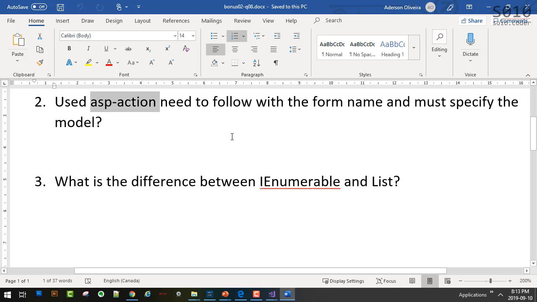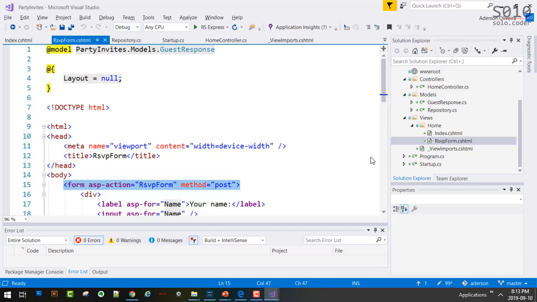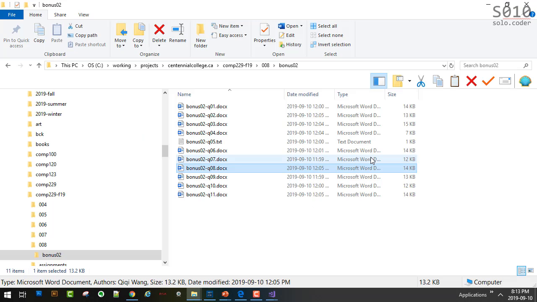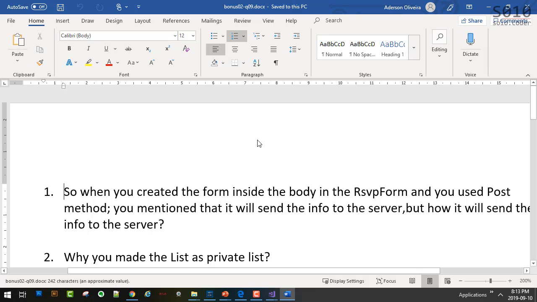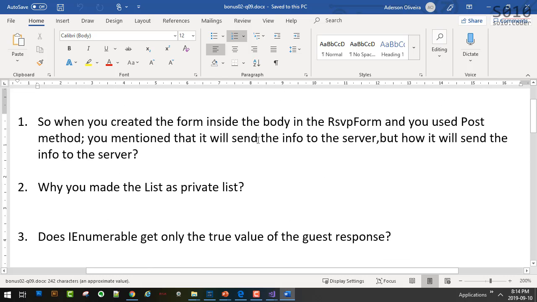Okay, so what is the difference between iNumber and list? I think that we covered that one. And let's see here. Okay, so when you created the form inside the body in the RSVP form, you used the post method. You mentioned that it will send the info to the server, yes, but how will it send the info to the server? Well, again, it goes back to the fact that